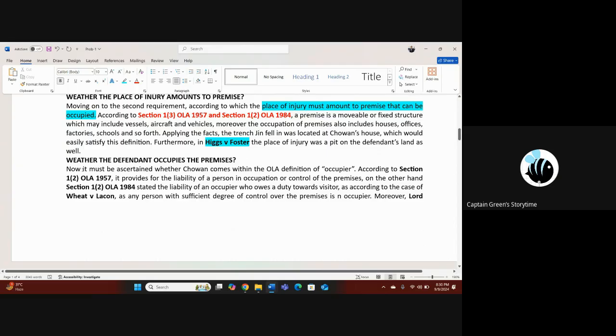The step is whether the defendant occupies the premises or not, whether Chauhan occupies the premises or not. Now it must be said whether Chauhan comes within the definition of occupier. First of all, you will check whether he